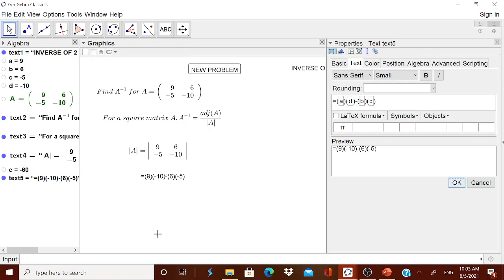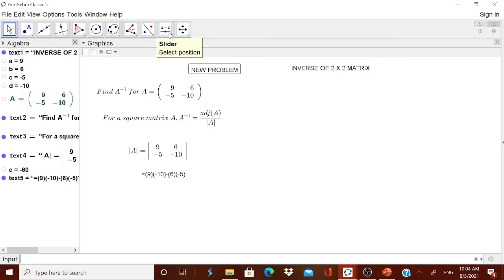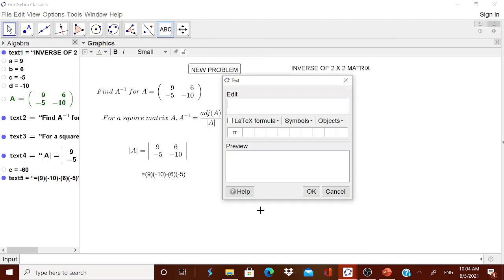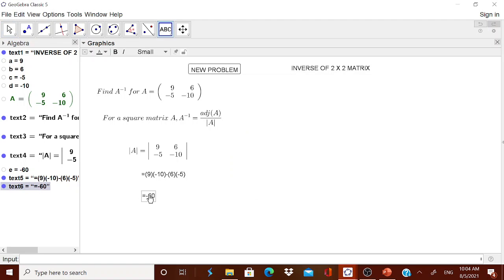Okay, now I think you got the idea of how it is actually happening. It is minus 90 plus 30, therefore it is minus 60. Therefore you can give the children the value of it also. Therefore it is being put in E now. You can go for a text once again, go for a text and then you type E is equal to. Then from the object you now have E. Finish. Is it okay now? Now a child will be able to find the value of determinant E.